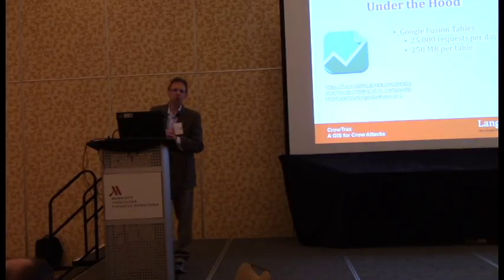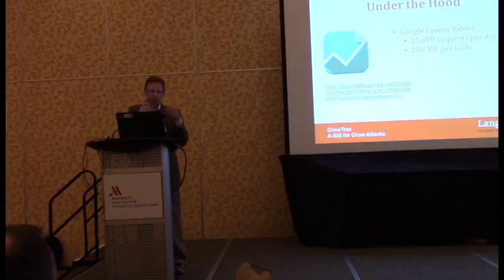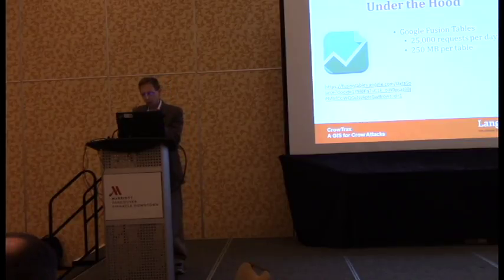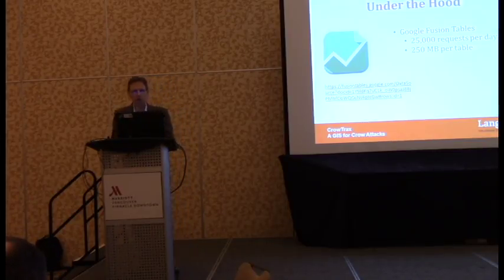So with Google Fusion Tables, you're able to filter by IP, because one of the things I did behind the scenes was capture the IP, and then I could get rid of all those at one time, and I could also block the IP. And what I did to block the IP,